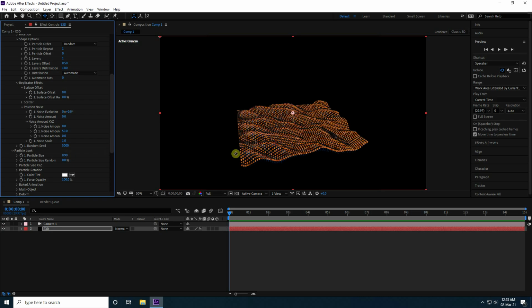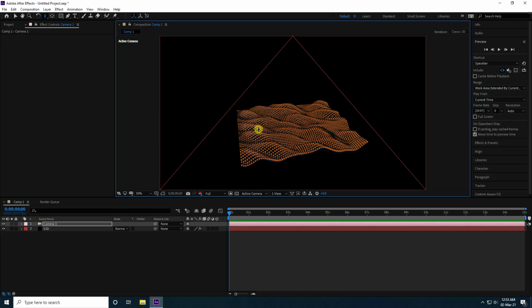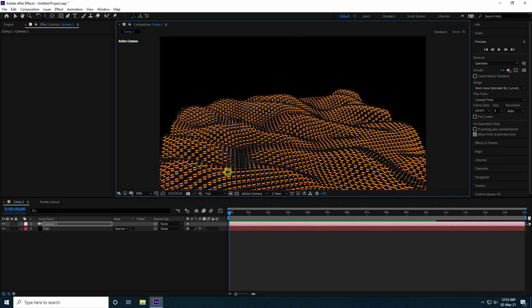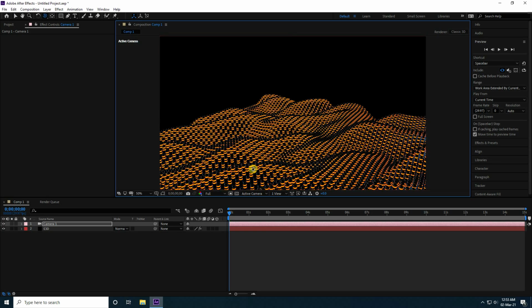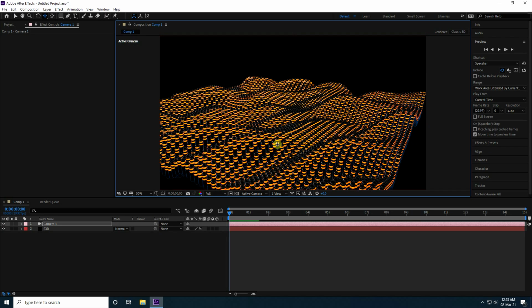0.9. Yes, see. And now guys, select this camera and closer, more, and rotate a little bit like this. See guys, that's my particles.